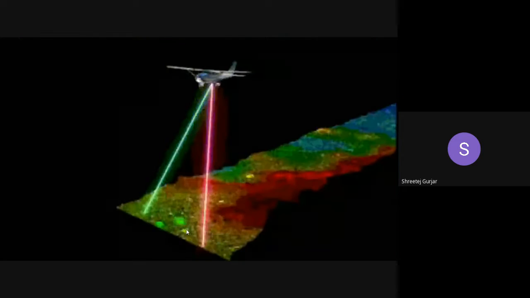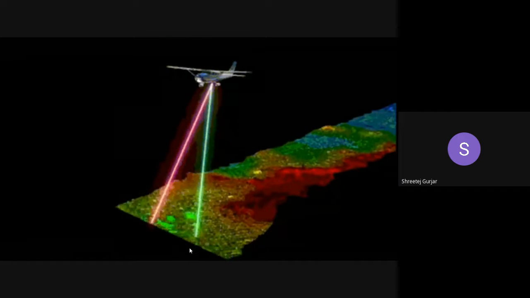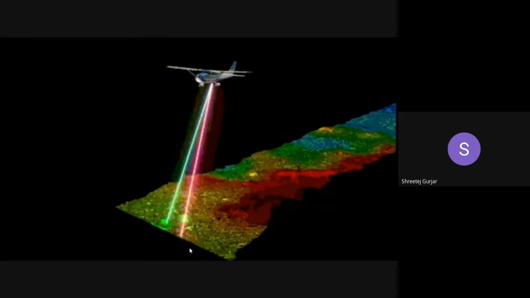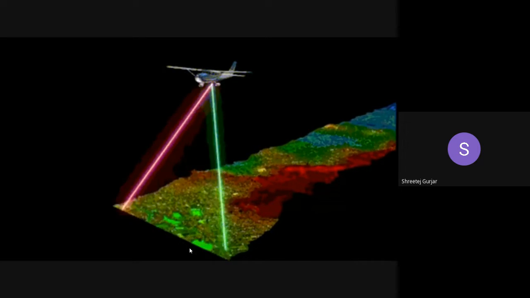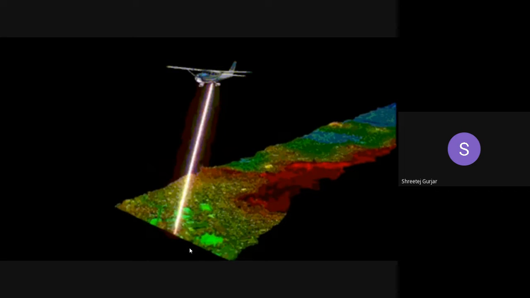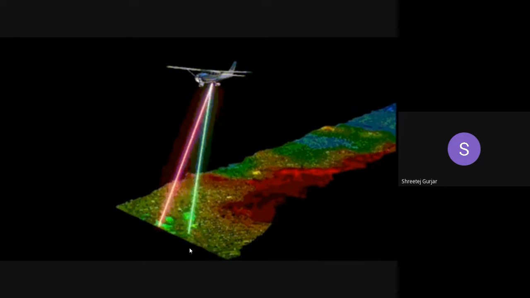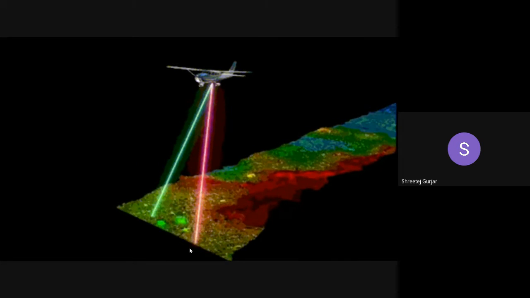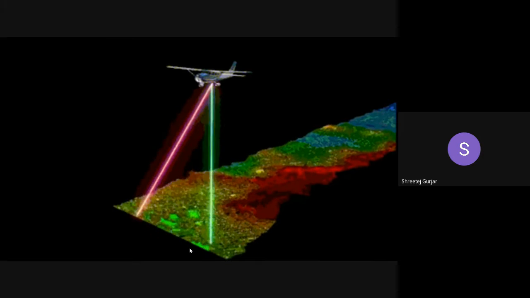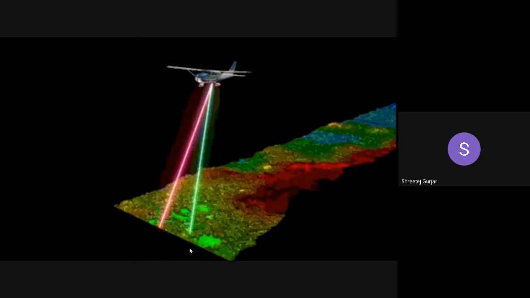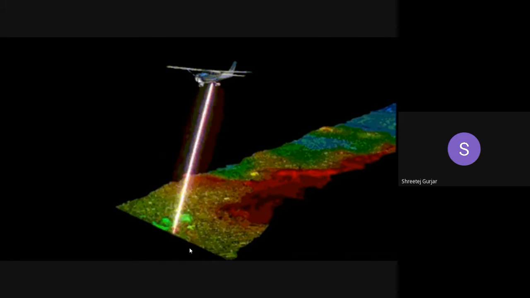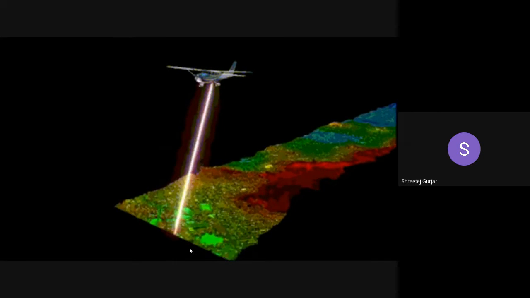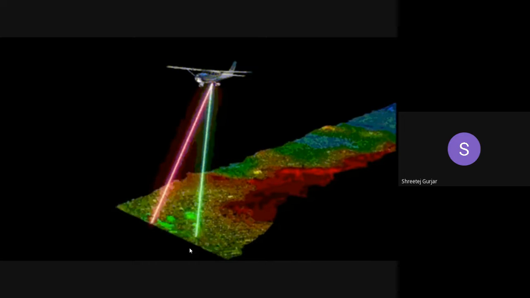Okay, moving on. In terrestrial survey, you can see a LiDAR is placed on an aircraft, and the light rays or the light beam is thrown downward onto the terrain. That particular terrain will reflect back that light, and the light is captured by the sensor. You can see it is generating a 3D map like kind of output. It is not a photograph, it is just an output.